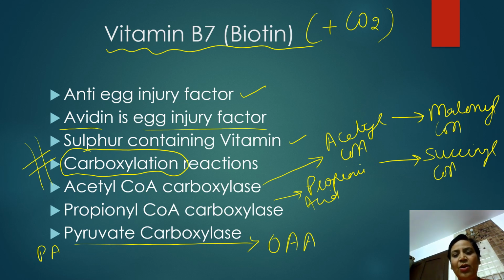So this is all for now. In the next session, I am going to discuss vitamin B9, which is folic acid, very, very important vitamin again, and vitamin B12, which is cobalamin, in detail. Because if we discuss the metabolism of these two vitamins, they are actually interrelated. That is why I am taking these two vitamins separately, and they are very, very important.